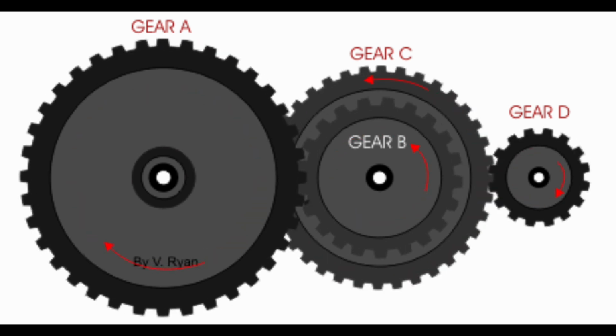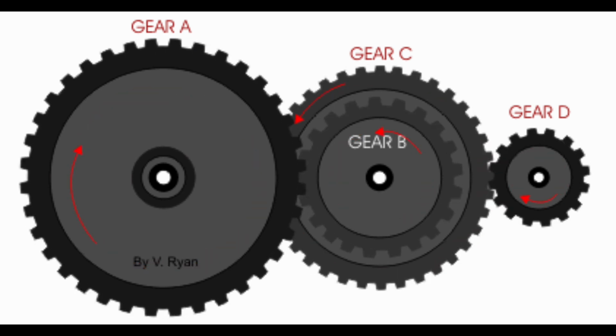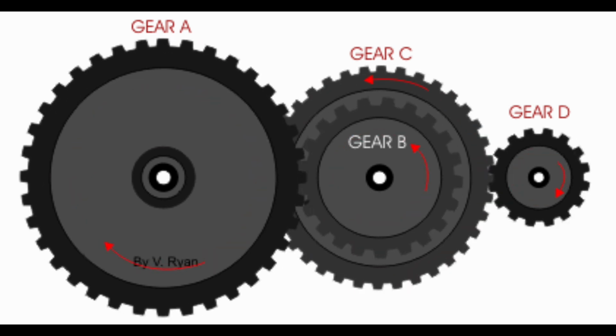There are gears A, B, C and D. A gear is the drive gear, B and C are idler gears, and D is driven. The rotation of A gear is either clockwise or anti-clockwise, and B and C idler gears always rotate opposite to the drive gear. D is the driven gear. It has the same rotation as A gear. As I mentioned over here,